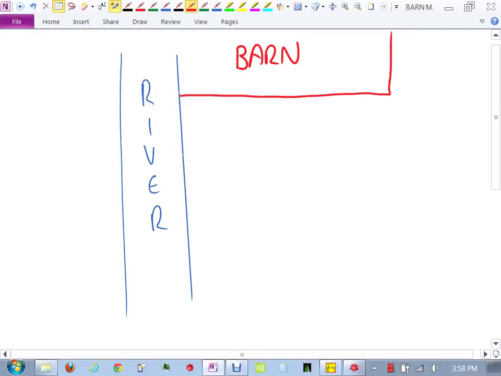Okay, so you have a barn and you have a river. This barn is, let's say, 100 feet long. And you're going to try and build